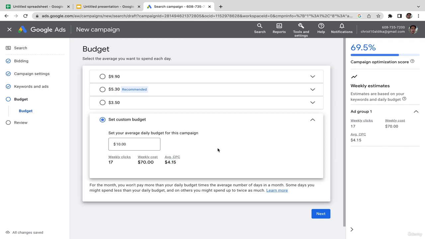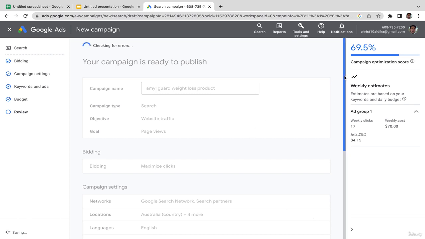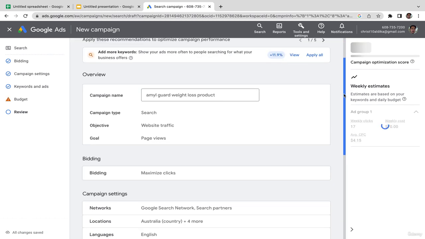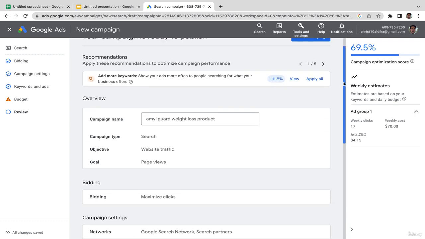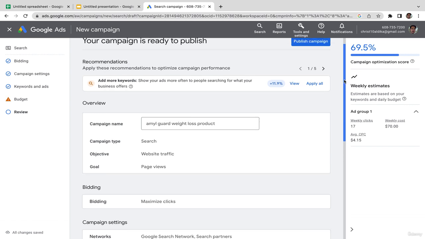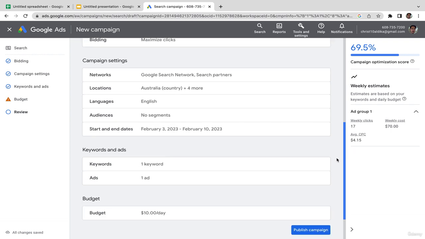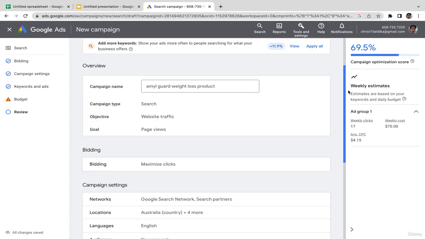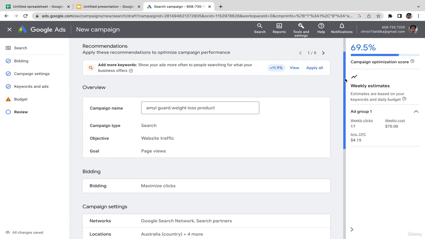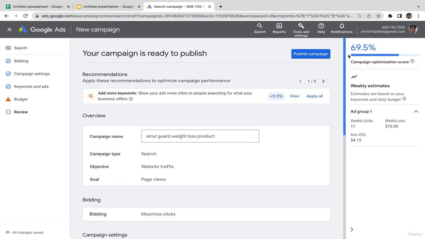Okay, so if you already analyze and see this fits your budget, then just click on next. And now this is the review. Make sure that you reread the review before publishing your campaign, because you don't want to have misinformation. Actually, you can fix it even after your campaign has run, but you don't want to run wrong campaigns, right? So just make sure everything is right, everything fits your plan, and then if you have checked it and you feel it's good to go, then just click on